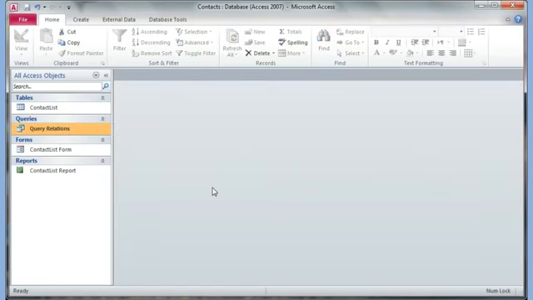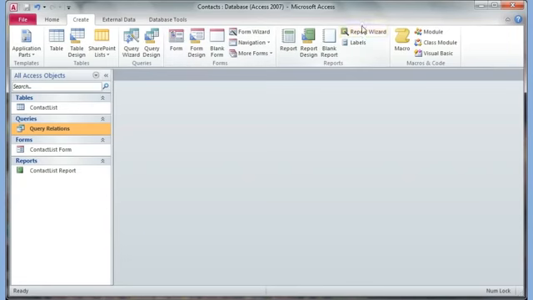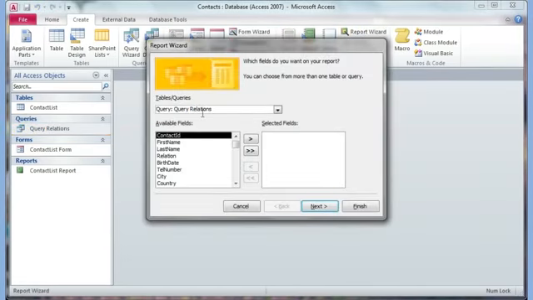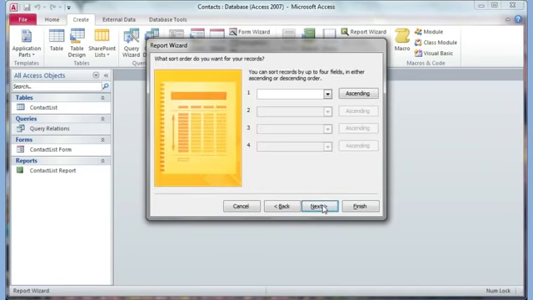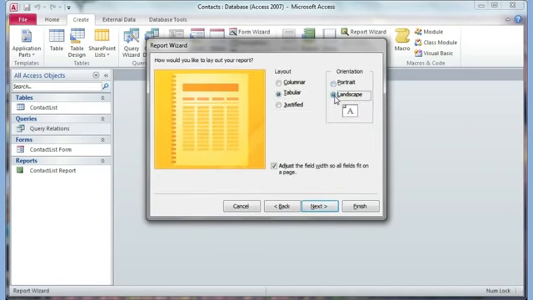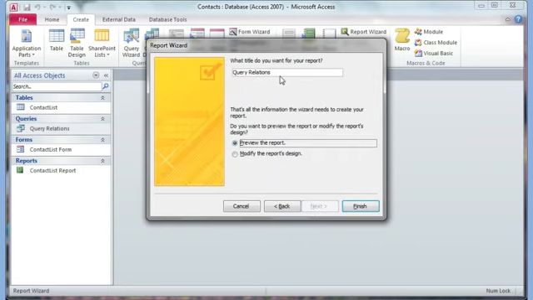I'll create another report based on the query. Create report wizard. It says query relations. Add all the fields. I'll remove certain things. I think in this one I've already removed the stuff. Click next, next, next. I can make it landscape, next, and I can just put the word up here that will make sense to me, that what is this report based on? Report